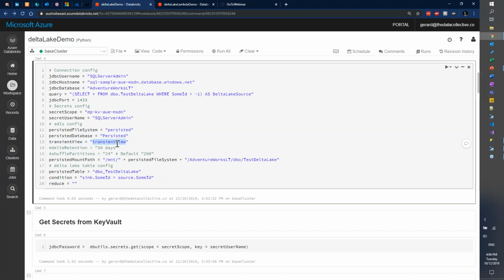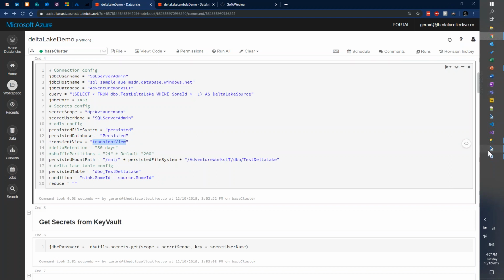And I picked transient view deliberately because it's a transient view for any source table. I could have gone with test delta lake here, but the reality is what I ultimately want is just to have that be a generic source table. You can go with generic source or source table or whatever you want. I just went with transient view because it typically comes off the transient zone in your data